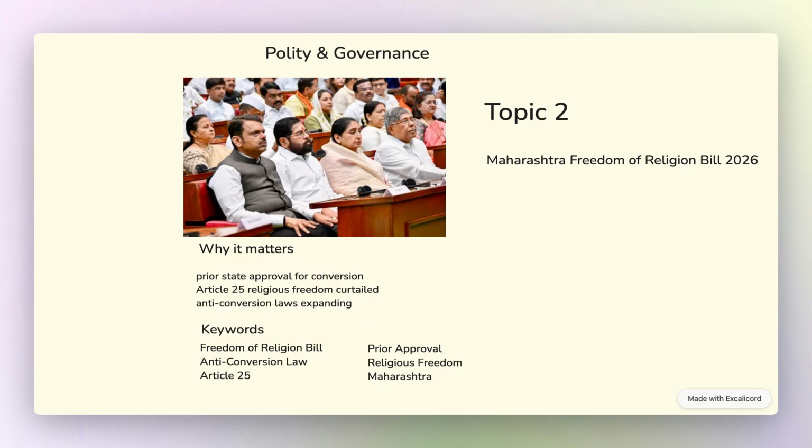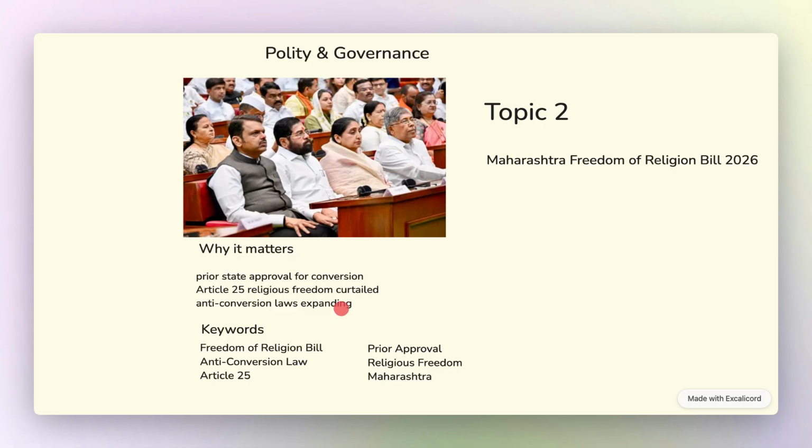Multiple states have enacted similar laws, creating patchwork regulation of religious freedom across India. These laws affect religious minorities disproportionately, as Christians and Muslims face accusations of forced conversions, while conversions to Hinduism receive no scrutiny. Now, Freedom of Religion Bill,